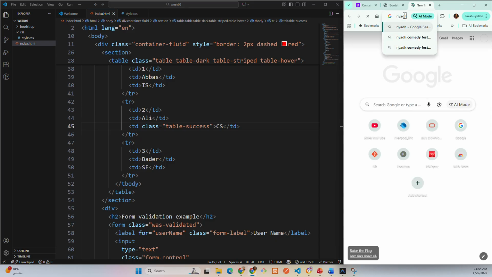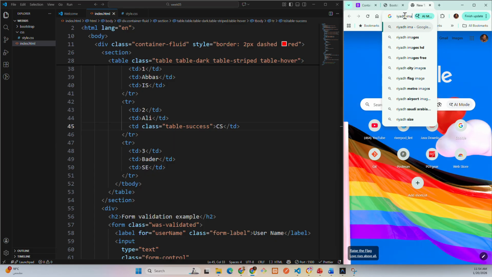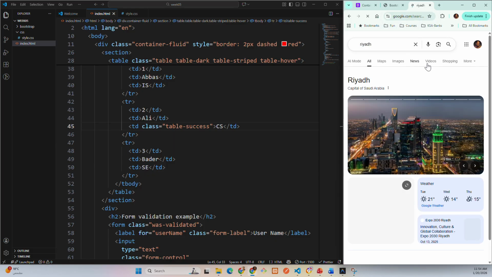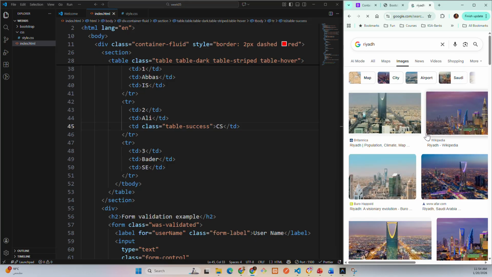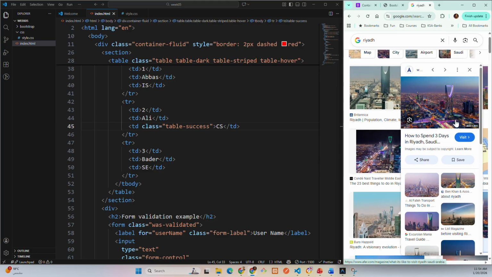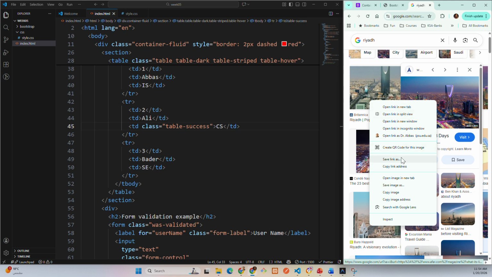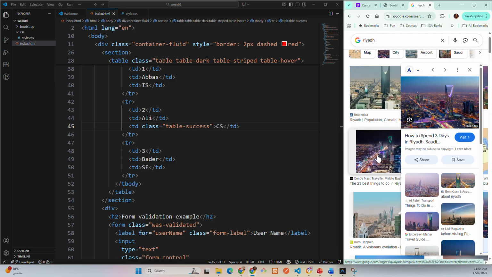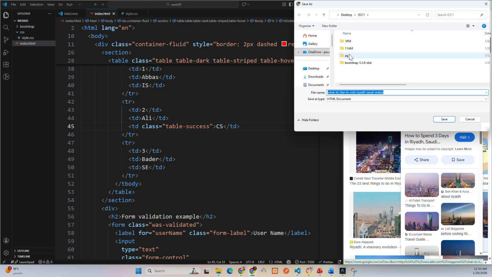Riyadh. When I click on that, I want to go into the images. And which image? Maybe I can just try to take that image. Yeah, it is coming up. It is a big image. So I will just try to save that image. Save, copy the link address, save link as. Let me see. Yeah, here it is coming. So I will put that one inside the